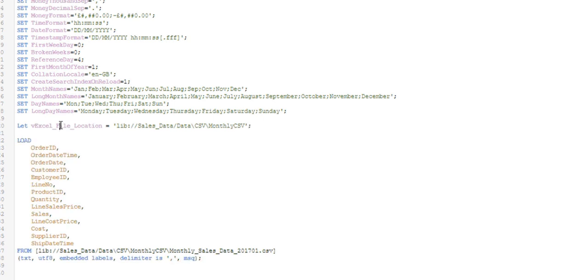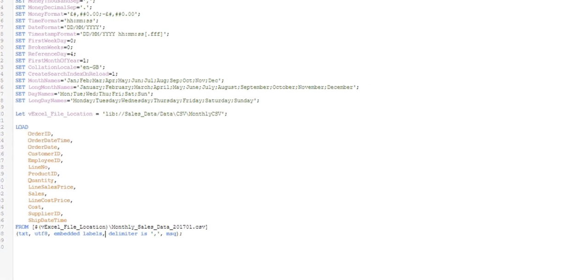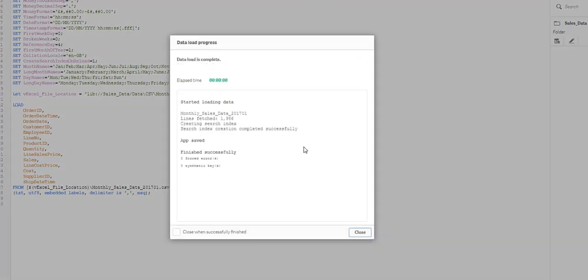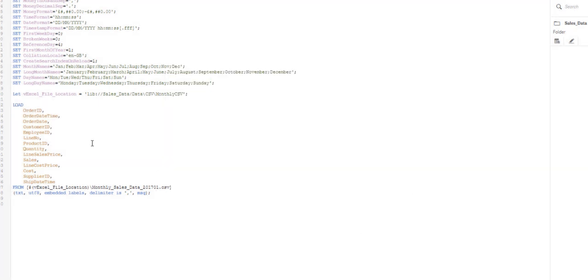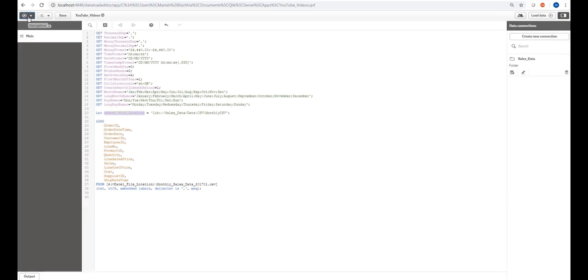Okay, now if I will use this with a $ sign expansion, you can see I can load the data here. Why I created this location? Because if Excel file move from one location to another location, we just have to change this variable. Let me go to application overview